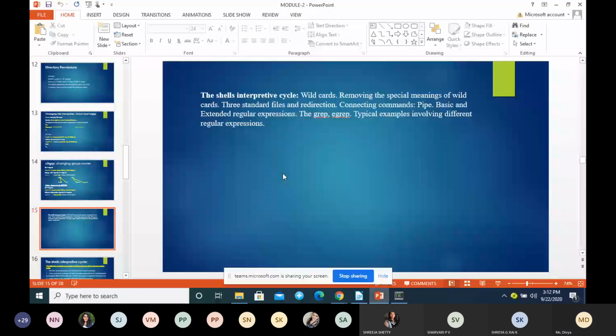Sowjanya, Yes, ma'am. Sri Lakshmi, Yes, ma'am. Sudarshana, Present, ma'am. Sumant, Yes, ma'am. Abhishek, Yes, ma'am. Vaishnavi, Yes, ma'am. Karthik, Yes, ma'am. Vijeta, Present, ma'am.